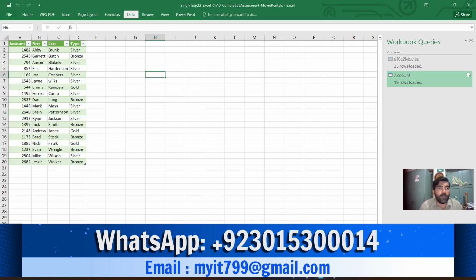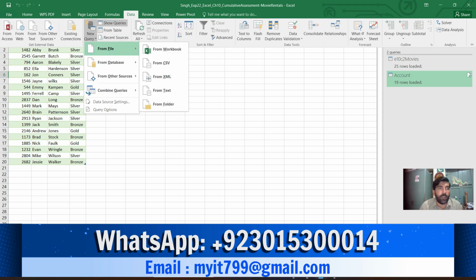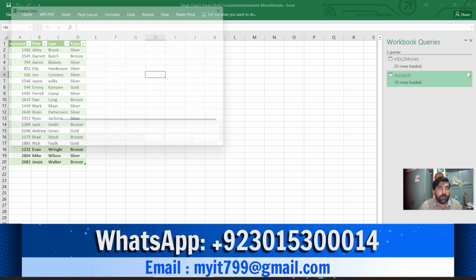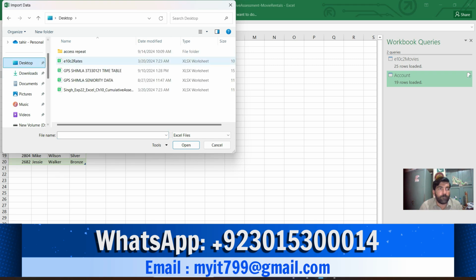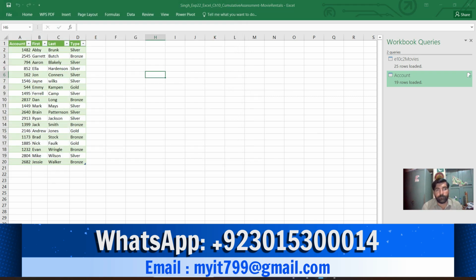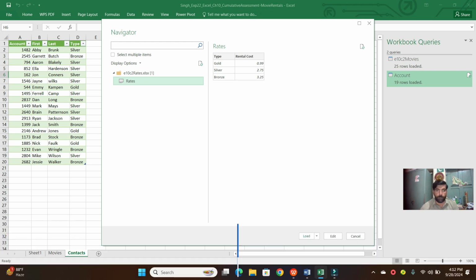Once again I move toward the Data tab, and from this I move to From File, and from the workbook, and go to the desktop, and this is the E10C rates, and import it, and click on the rates, load it,